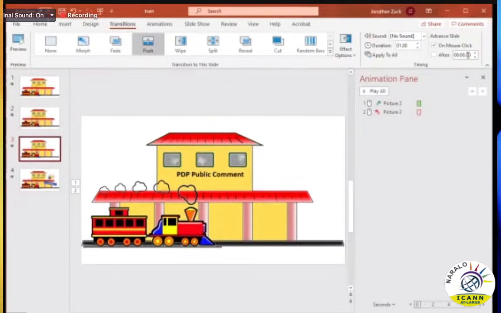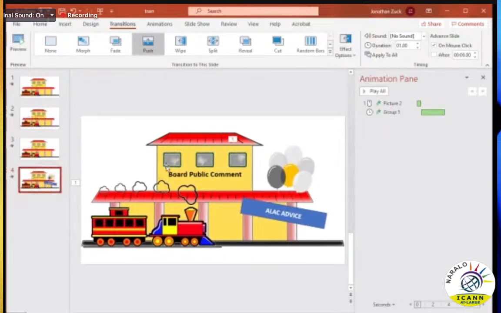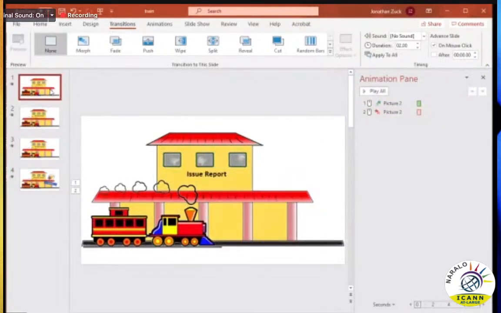Okay. So the other cool thing that you can do is add a narration to your video as well. So I'm going to go back and change this animation to click again, so that I have control over it. So if I want to record the slideshow,